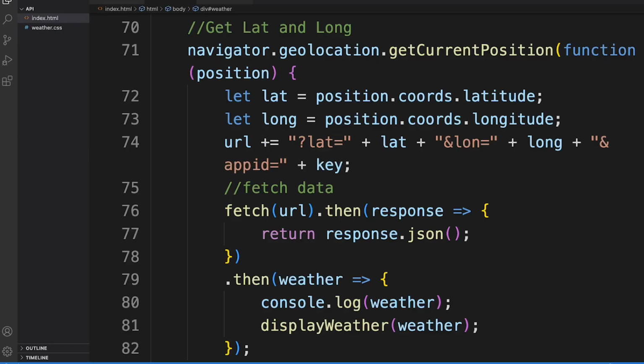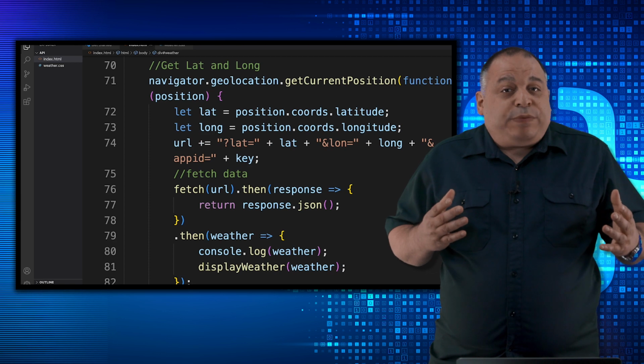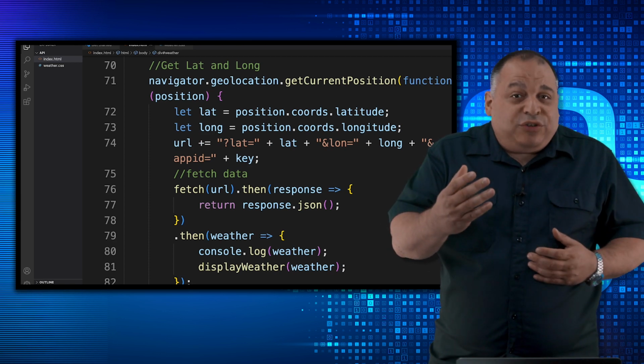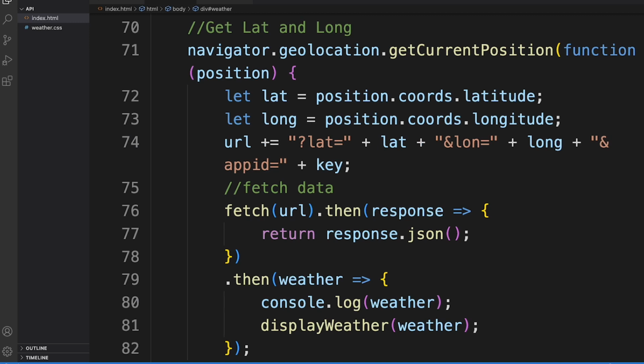So the first thing that actually happens is we get our user's latitude and longitude. That occurs with the navigator.geolocation.getCurrentPosition function. This is a built-in JavaScript function that's designed to get our user's latitude and longitude. We get the latitude by accessing position.coords.latitude, and we get the longitude by accessing position.coords.longitude. Those are built in and active once you've run the getCurrentPosition function. I've set those to local variables called lat and long.